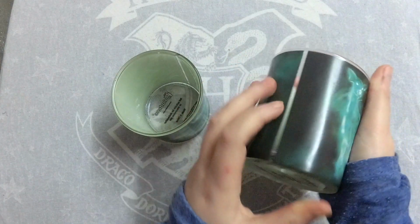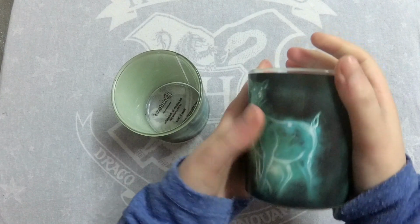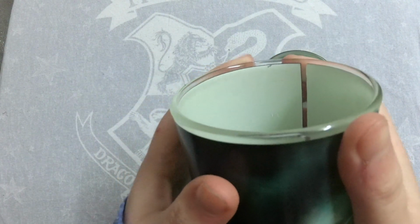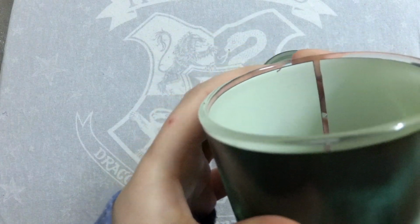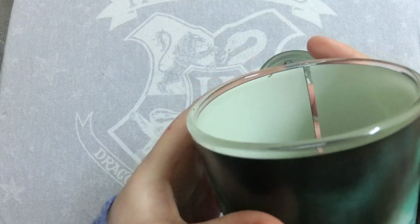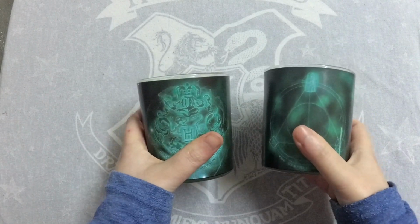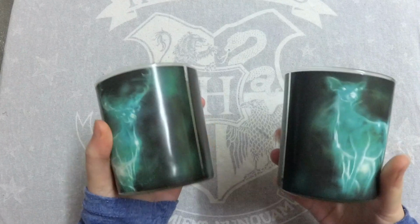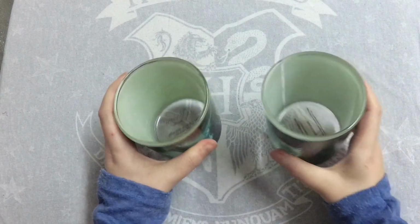They're really nice quality. They're fairly thick, although I'm still going to be super careful with them. I think that there's just one little chip. I don't know if you can see that. There is just one little chip just inside the picture, just there. But I don't mind about that little thing. I just think that they are absolutely gorgeous. I've already started using them, and I've enjoyed using them, and I love having these as a set for my